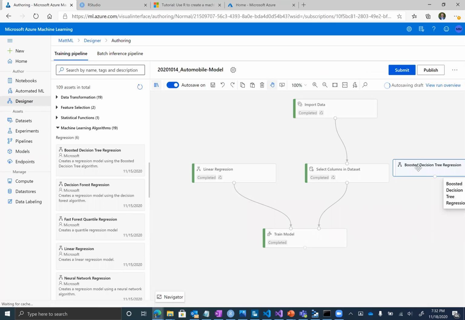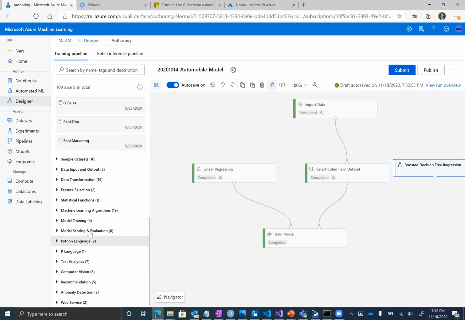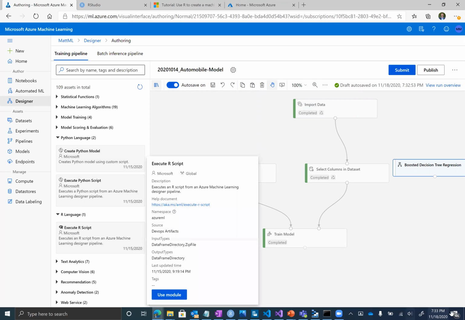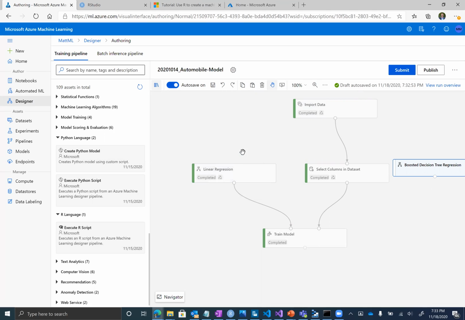So it's a nice little interface to run through the process of importing data, splitting it up, and training different models. You also have the flexibility to bring in your own custom-made Python and R code as one of these widgets within the step.